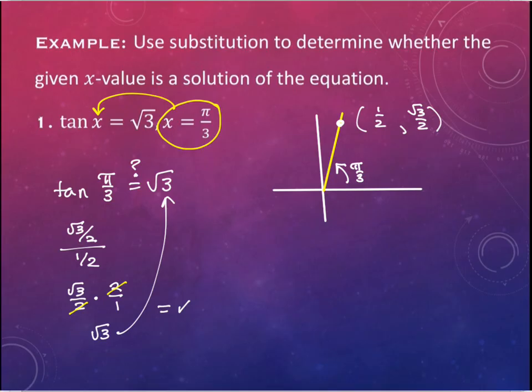So what if this had said pi over 6? Well, if it had said pi over 6, it wouldn't have worked. It wouldn't have equaled square root of 3 at the end, and the answer would be no. And so the question says, determine if it's a solution. The answer is that it is. So this is a solution. If we had had a different angle measure that was given to us to try out, it might have been not a solution, and we would say it's not a solution. All right? Okay, so let's actually move then into the ones where we have to find the solutions,